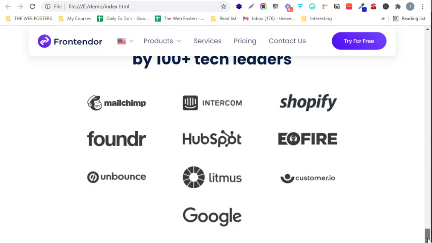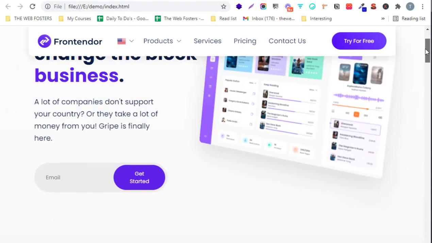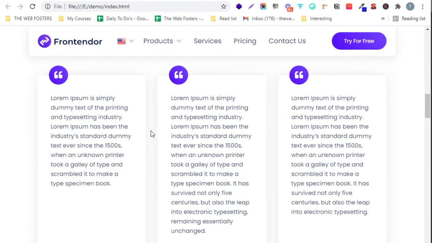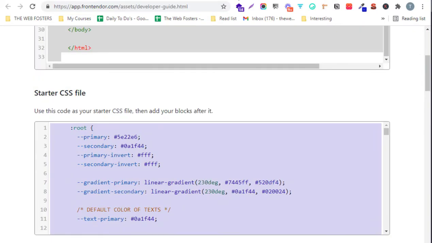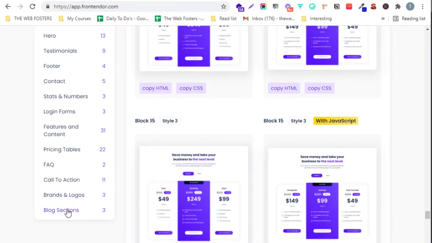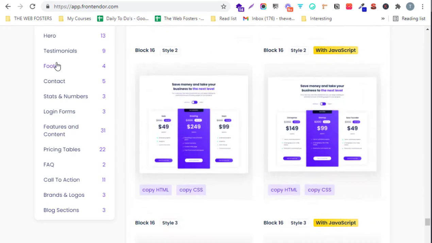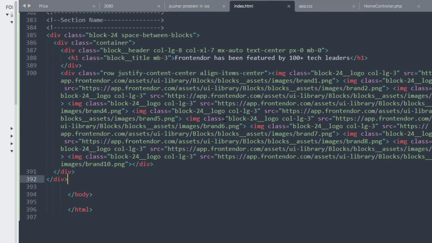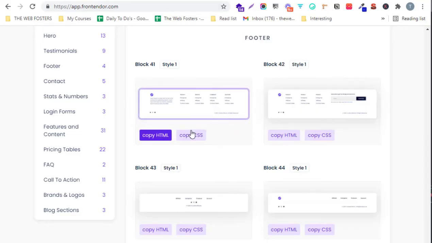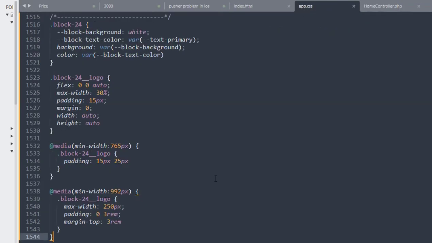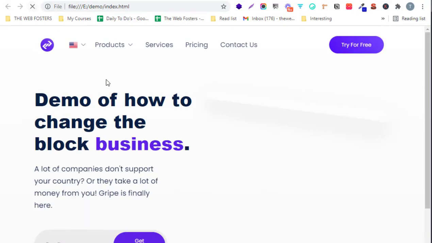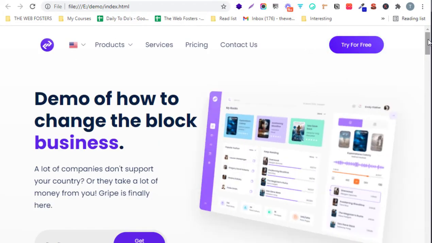So you can easily swap all these UI blocks. If suppose you don't need this featured block, you can easily remove this one. If suppose you need this FAQ to be at the top, you can easily move this FAQ to the top. I will go back and I will just create a footer to end my landing page. I will copy the HTML file from here, paste this HTML file, copy the CSS file from here, paste this CSS. So that's all I need to create this landing page. So my designing of this landing page is over.